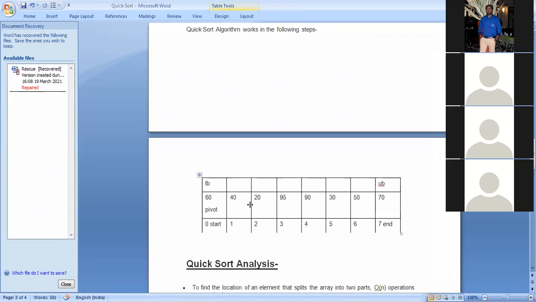Start plus 1. Again we'll check, when condition is false, then stop here. Again we'll start from A end is greater than pivot. When condition is true, then end equals to end minus 1. Same thing will repeat. When condition is false, then stop here.